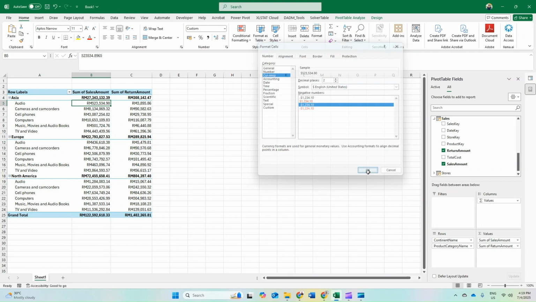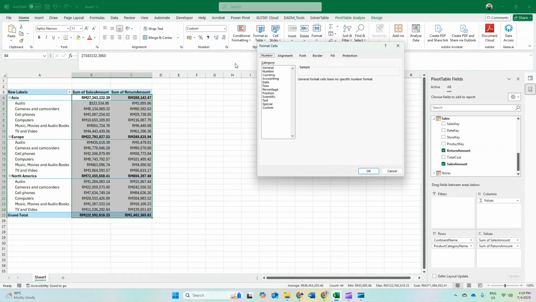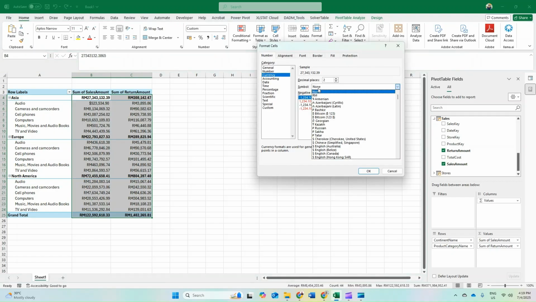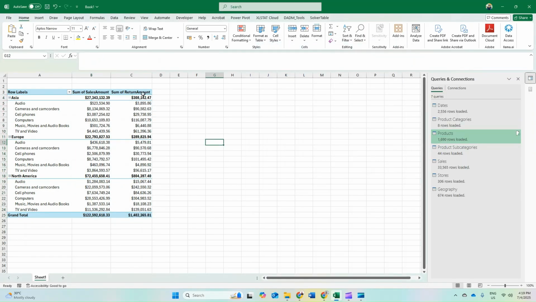Click OK. Originally it's in US dollar, isn't it? So it's weird if you change it to RM. But I think your file might probably be automatically in US dollar.